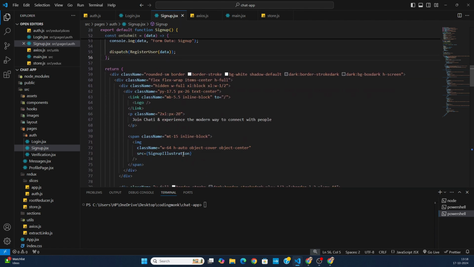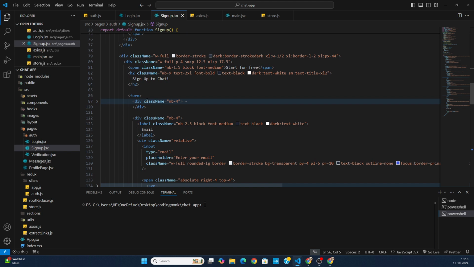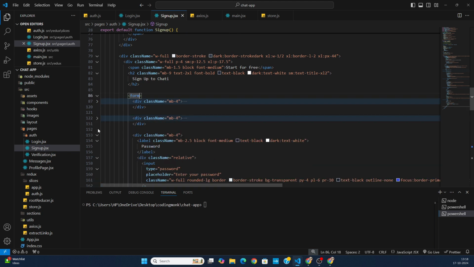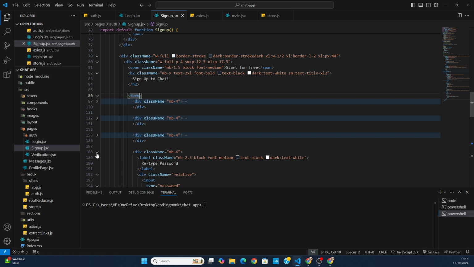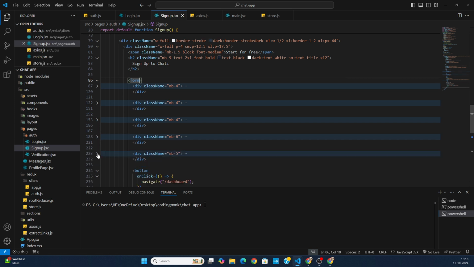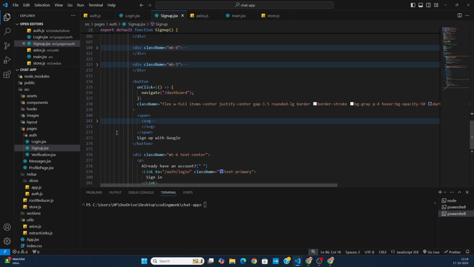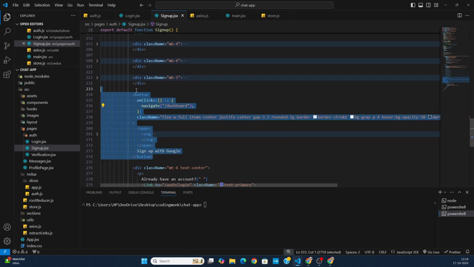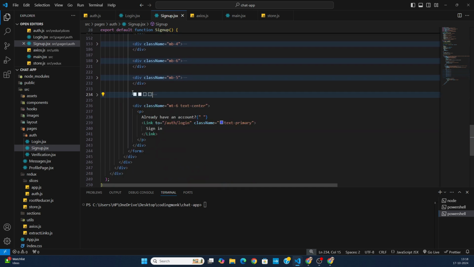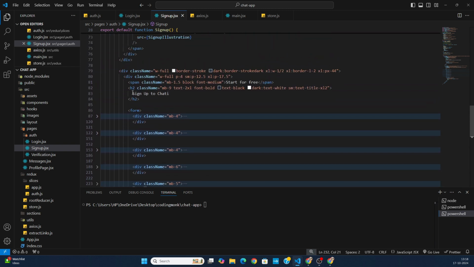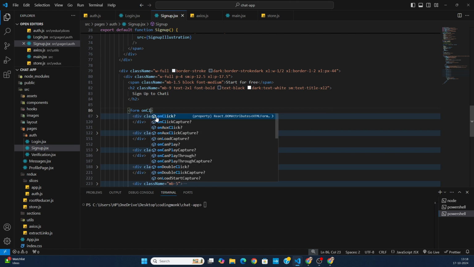Okay, now over here we need to work on this form element first of all. So I'm just going to collapse everything inside of it. I mean everything, all the fields and the submit button as well. Now after that, you can see we also have this sign up with Google button. We don't need it right now, so I'm just going to remove this one. And over here inside the form, we are now going to hook it with the React hook form. And in order to do that, we have to just call this